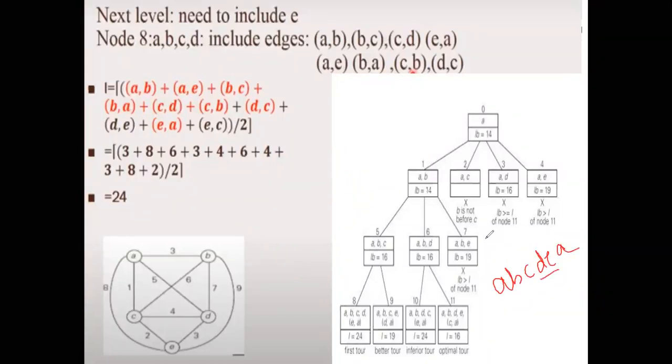So D to E, there should be a path. So write down D to E, correct? So C to D is there, so D to C is also possible. So write down D to C, correct? This is just a shortcut for understanding this. So write down this. Again, go for E now. So I will write down A, B, C, D, E and A. So E to A and E to D. So write down E to A and E to D, correct?